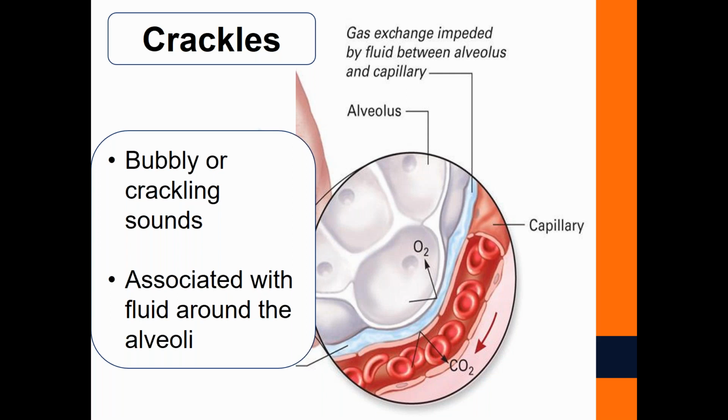If I listen at the apexes and I hear these crackling noises, I know that my patient is packed almost to the top with fluid. Those are patients who are going to want to sit absolutely bolt upright on the stretcher so that gravity can actually assist them in breathing. And we want to let them do that and help them sit as upright as they can,